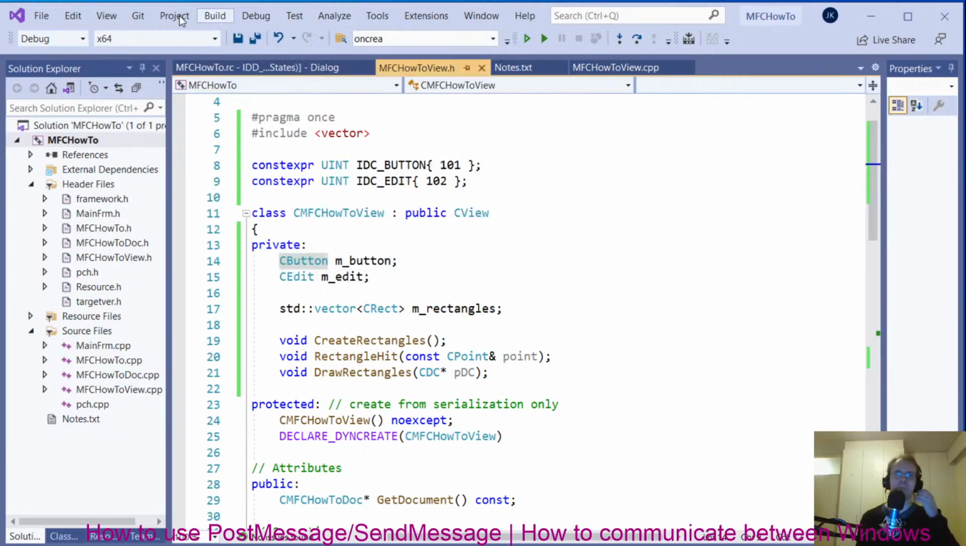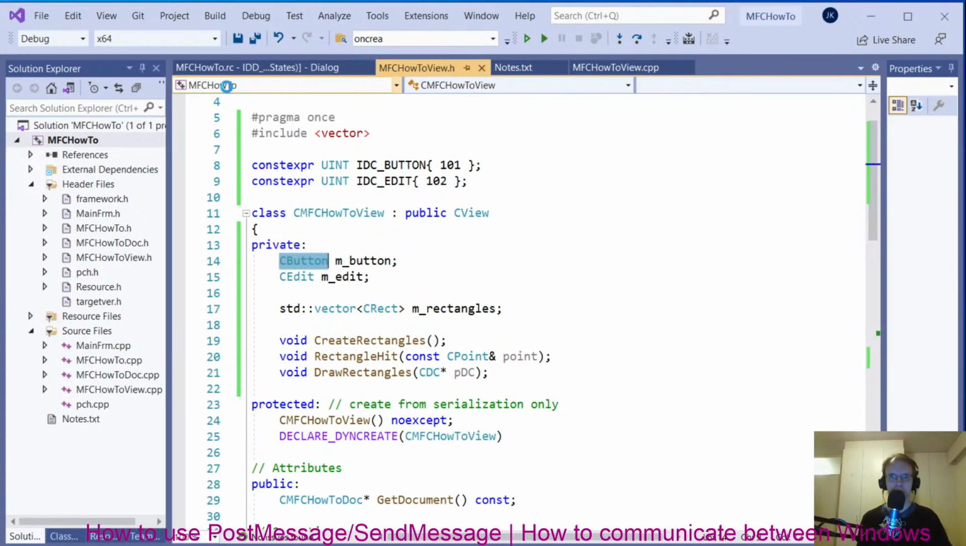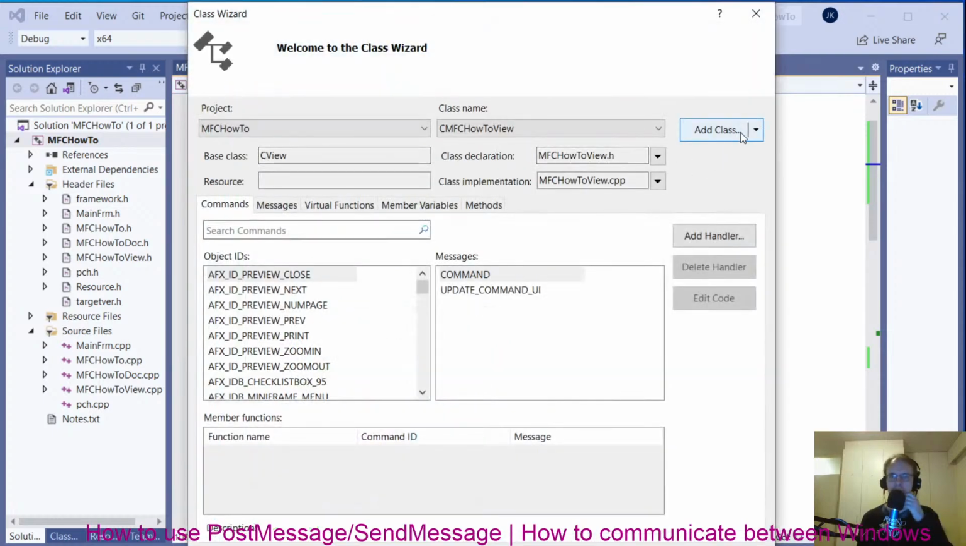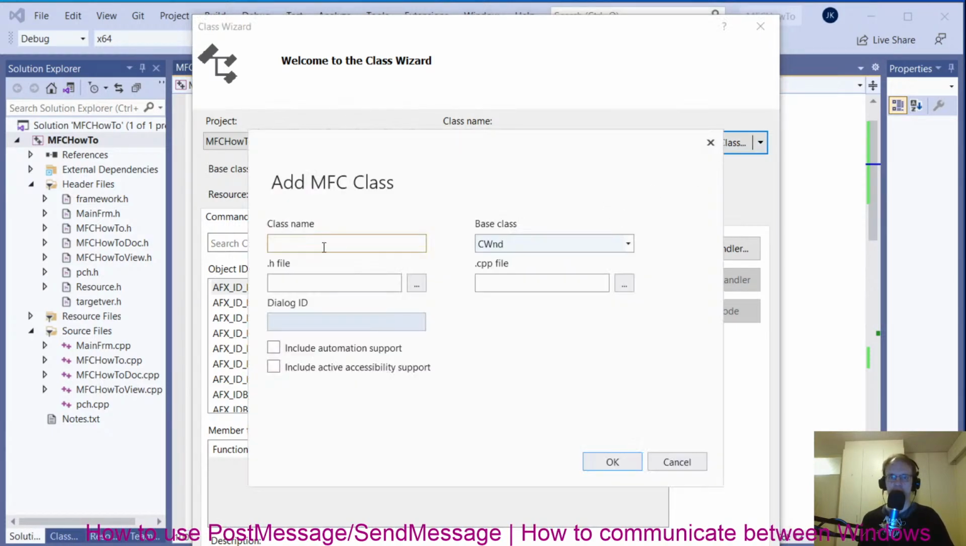So you're gonna go to the project class wizard, and then you're gonna go add class. It's kind of very strange that it's here. I don't understand why MFC does it in such a difficult way that you need to go here. Anyway, there's an add class, an MFC class, and now you're gonna put here what we're gonna call that C